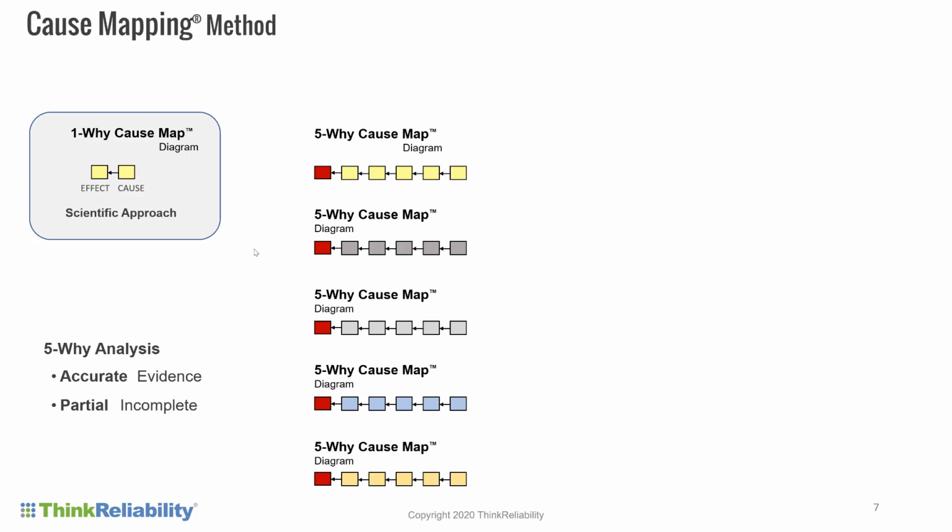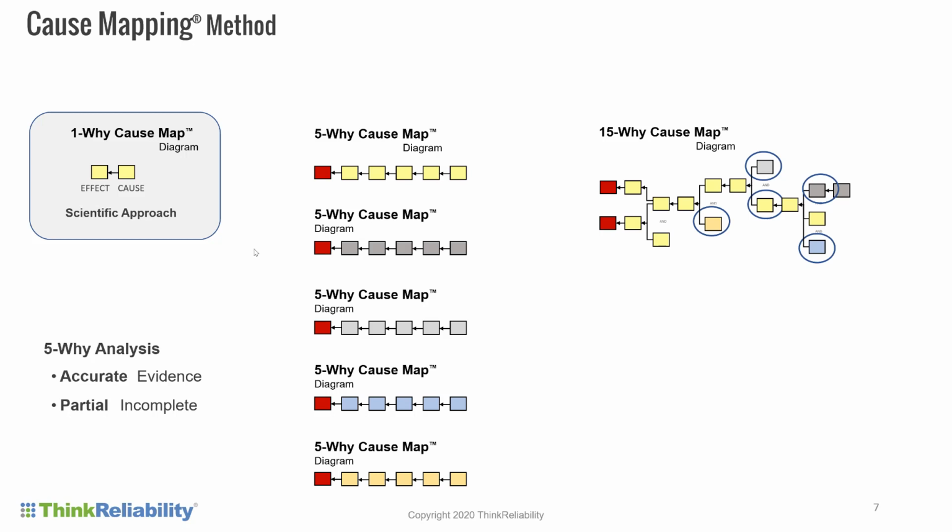We have multiple examples online to show how an incident can start as a 3 to 4 to 5 why, and then it expands. You can have 5 different points of view that all combine into one more complete explanation of the issue that builds into a 15 why. It can even get more detailed to a 20 or 30 why. It's just how much detail do you want to reveal. But the details are inside the problem. The details aren't from the tool or the method. The details are inside the issue.